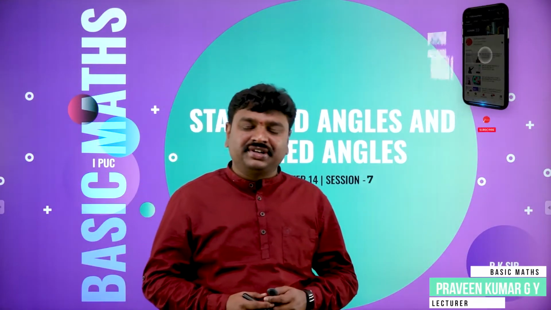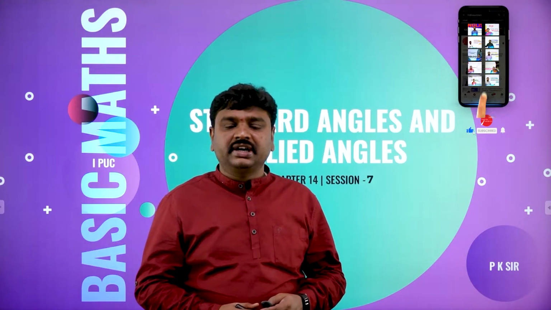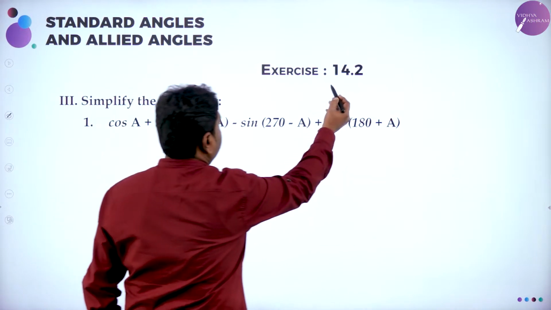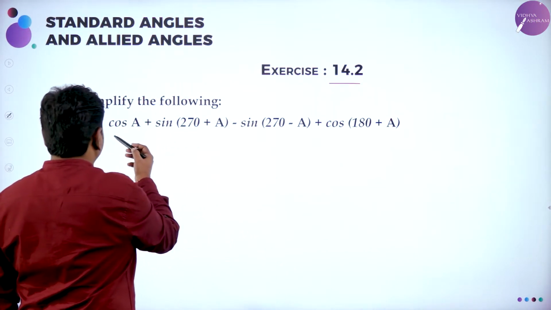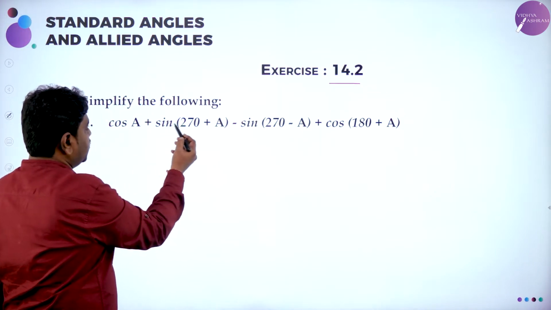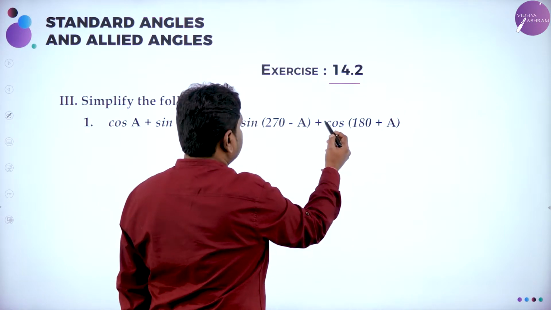Welcome to the session, dear students. Today we'll go ahead with the problems of standard and allied angles. So now in exercise 14.2, we have a problem. Simplify the following: cos A plus sine of 270 plus A minus sine of 270 minus A plus cos of